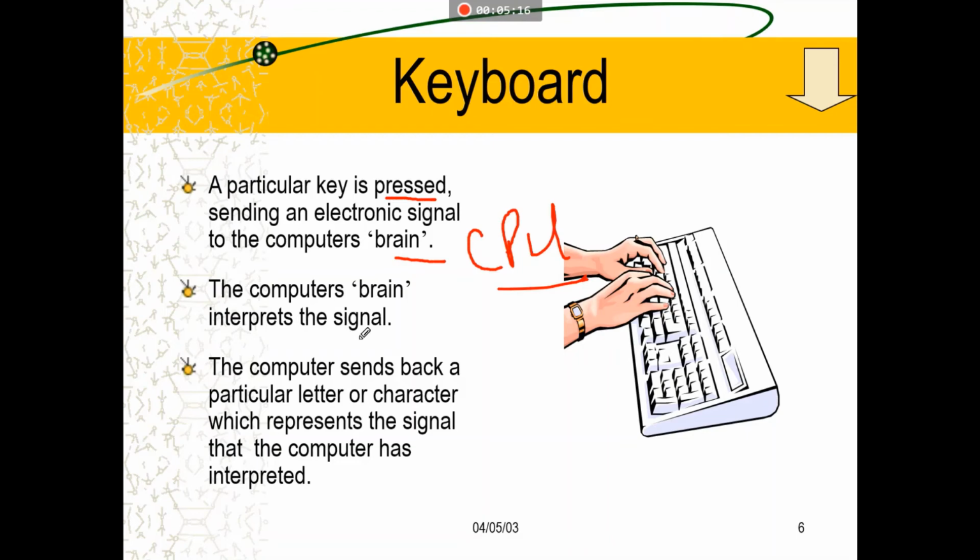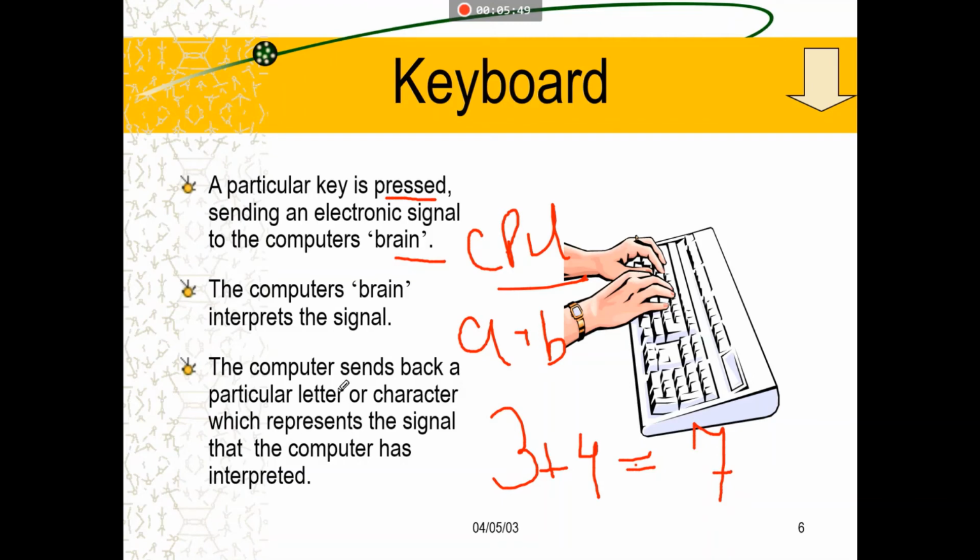So if I say A plus B, or let's say 3 plus 4, what is that 3 plus 4? The computer does not understand anything by itself. For this 3 plus 4, the computer needs to add, so the instruction is already set in the CPU, the brain of the computer. The signal is interpreted and then we get the output, that is 7.